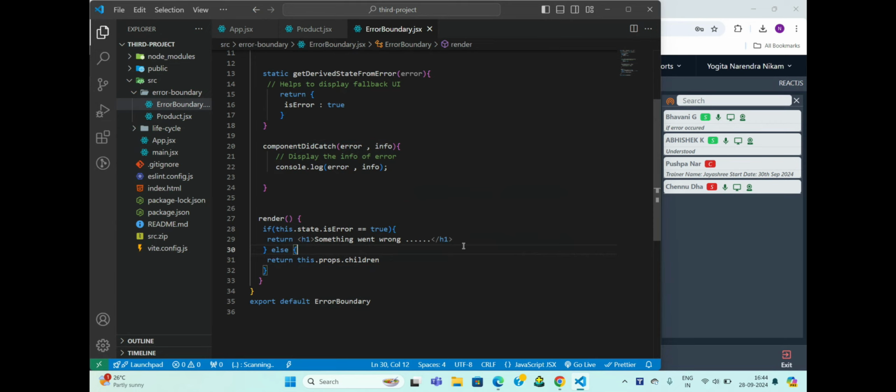Now tell me, do you remember props.children? Children is an inbuilt prop. Try to remember the example for team. We had displayed different content for different teams.